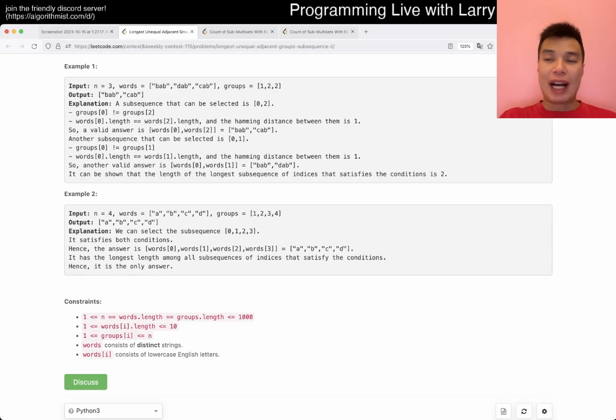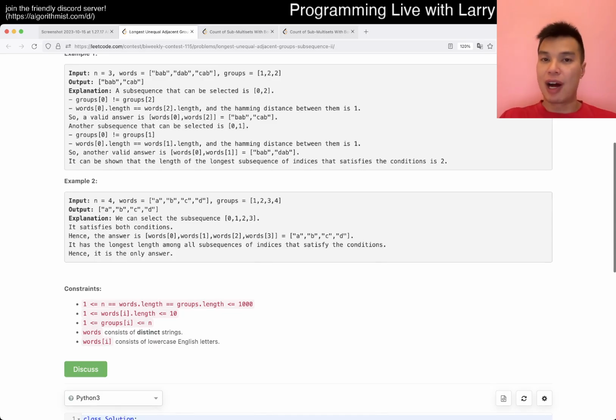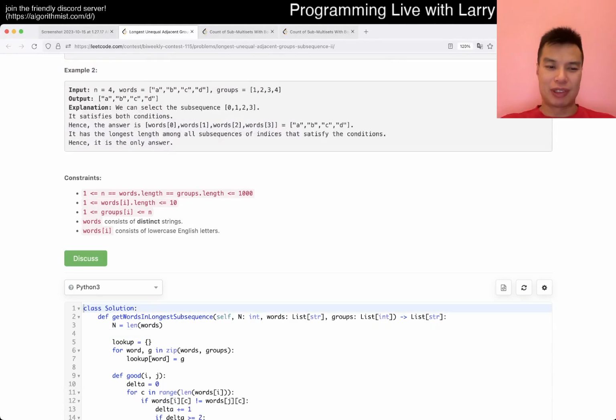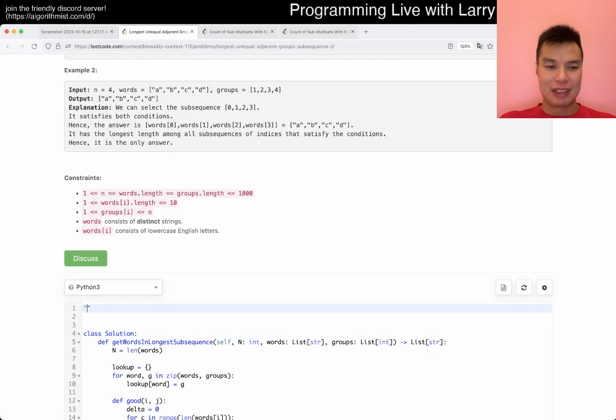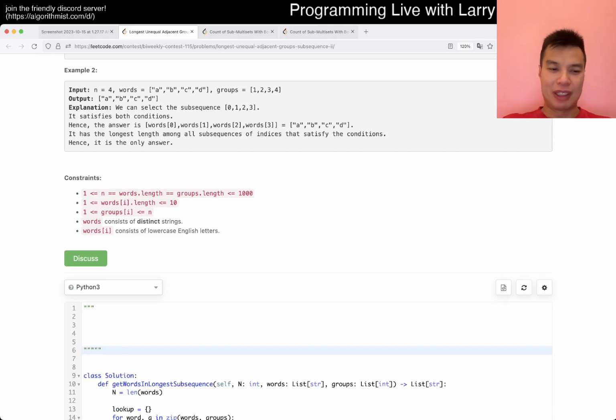But the idea is just longest path in a DAG, right? Given that n is only 1,000, n squared is going to be good. The part is that you have to check a few things, and that's pretty much it. The longest path in a DAG is a classic dynamic programming problem, where the structure would be something like